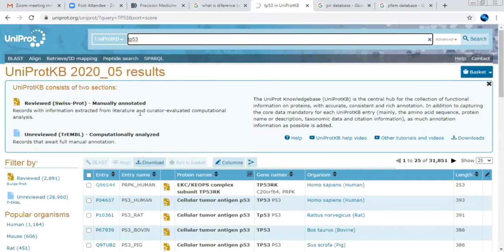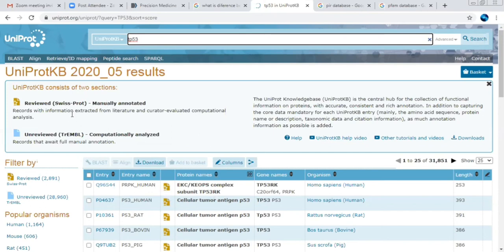Whenever you are searching any data with respect to your keywords, you should take the data which has been reviewed, because that is manually annotated data. That's my experience when using this particular database, because we get manually annotated data which has been curated.